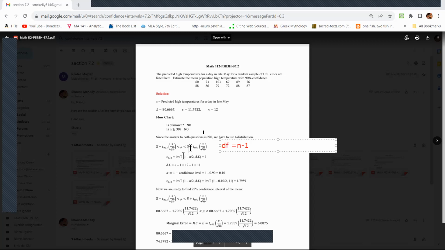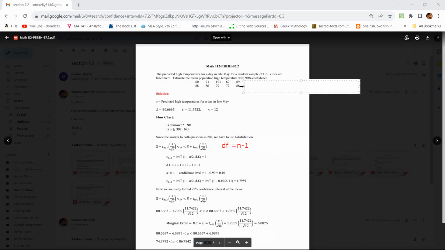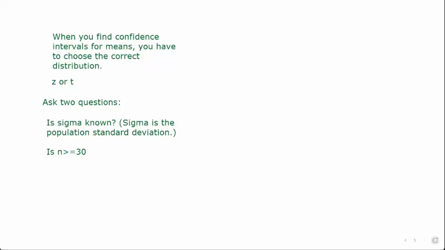So we're asked to find it with 90% confidence. So let me go over that for you, because that's the new piece. The other pieces should be fairly similar. So here, if you remember, whether we're doing a Z or a T, we're going to say that